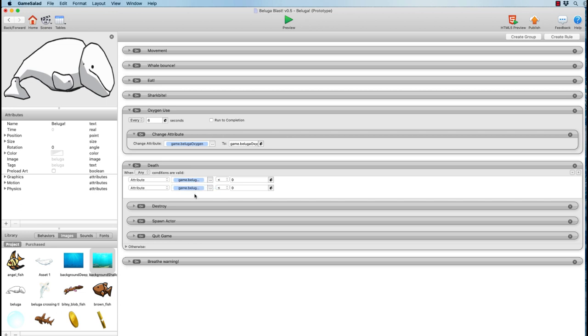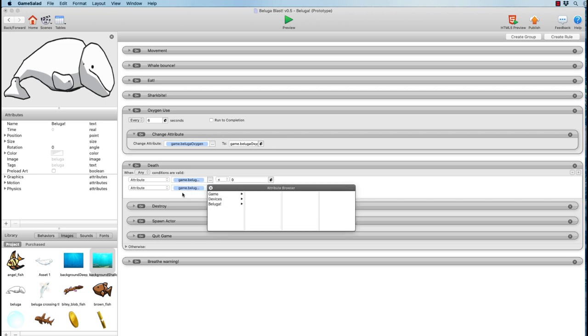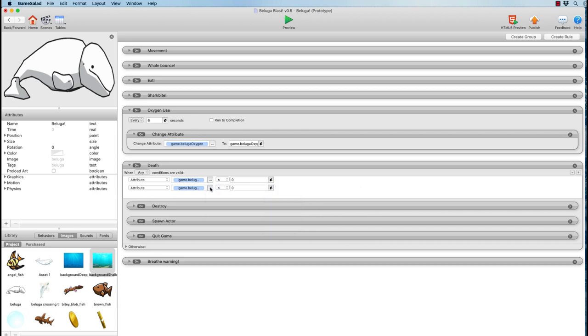We can also look at that. So here's the Beluga oxygen game variable again. So we've set a death condition around that global variable. When either of these two conditions is valid in the game, when Beluga game health is less than or equal to 0, basically when it gets to the 0 point, or if something bad happens and it takes it to a number below 0, like -10, or when oxygen gets to 0 or some negative number, -10, -15, whatever it is, those things can cause a death condition to be specified for the end of the game.